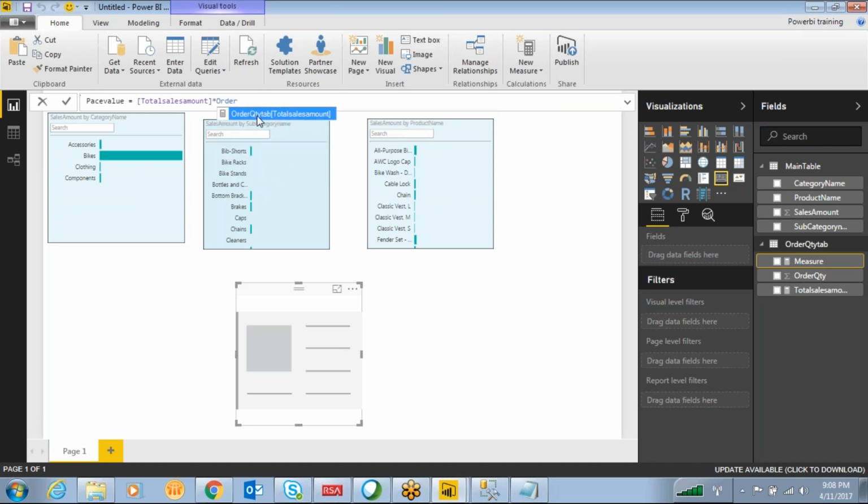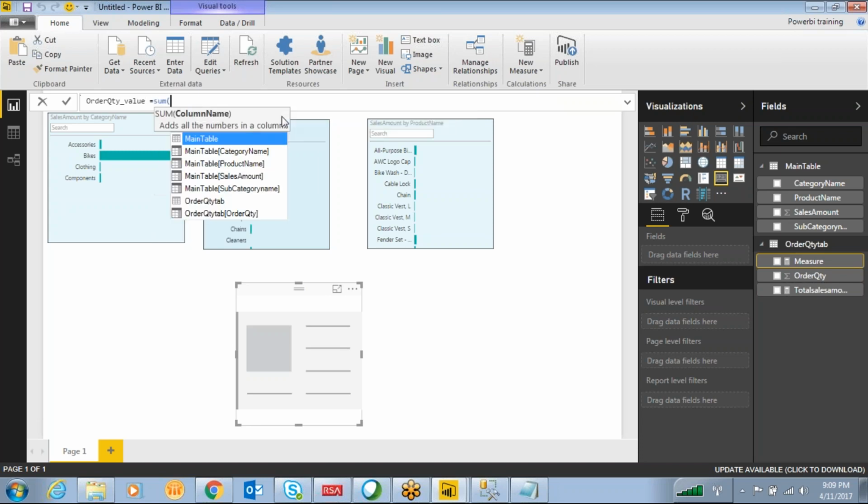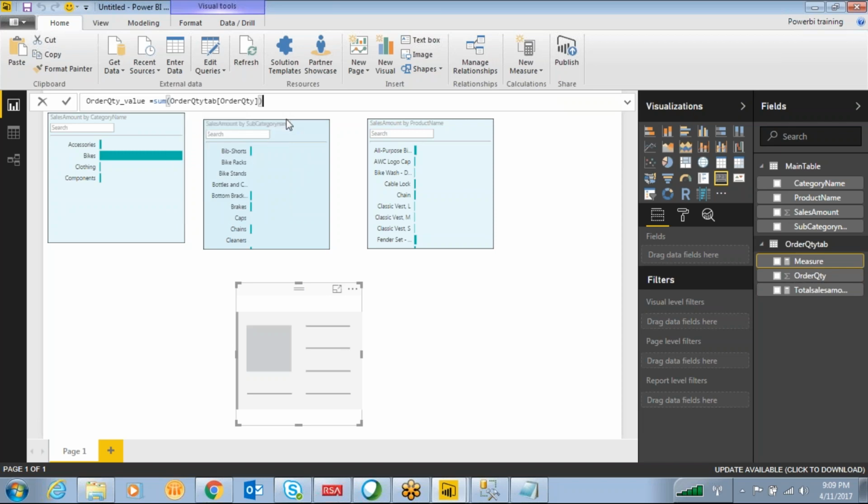No, we don't have it. The order quantity measure is not coming here. So first you have to create one more measure for the order quantity, Order QTY. I want to take the order QTY value, sum of, or you can take count of, whatever. Sum of the order quantity in the order quantity table.